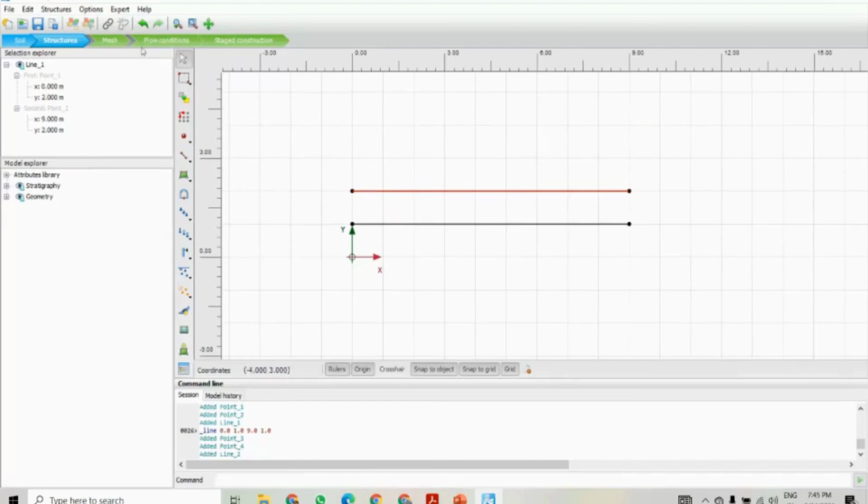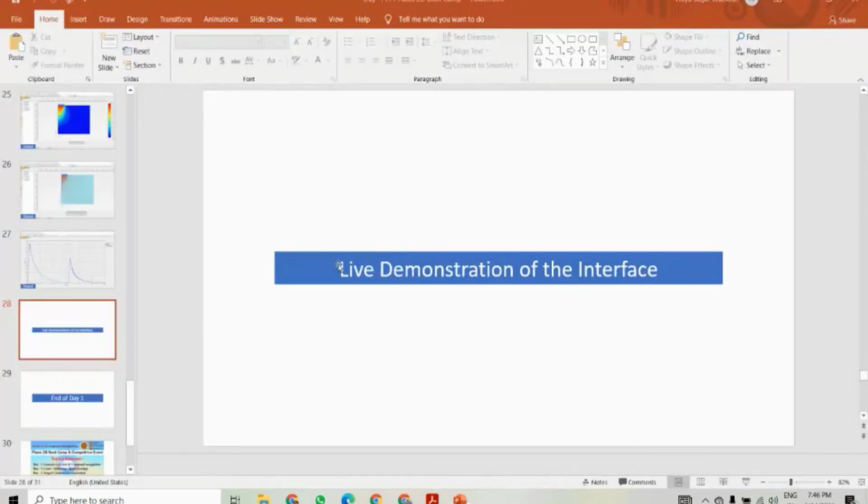So I think we have already done this. Here is the new project, open project directly. These are the shortcuts, and save project, project properties, and then undo. Similar options are there, so easily you can use these. Okay, I think this is enough for today. We'll start tomorrow with one more application.